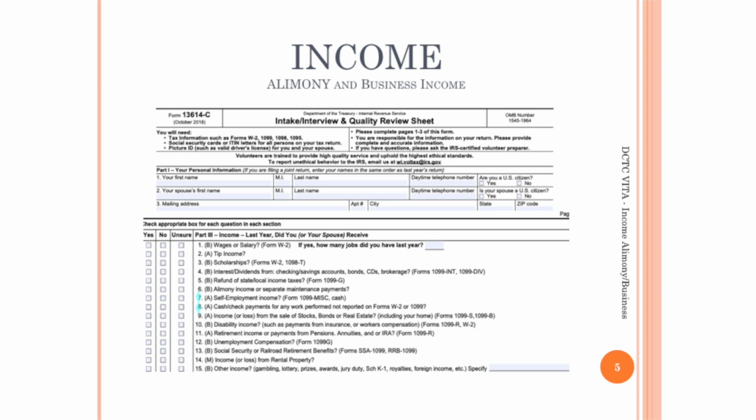Another look at a portion of the Form 13614-C, if we drop all the way down to lines 7 and 8, the taxpayer has answered yes to the self-employment question. So my question to the taxpayer is, did you receive a statement, Form 1099-MISC, or did you keep records of your own income and your expenses? If he did receive the Form 1099-MISC, then I would receive that and use that for input into the TaxSlayer